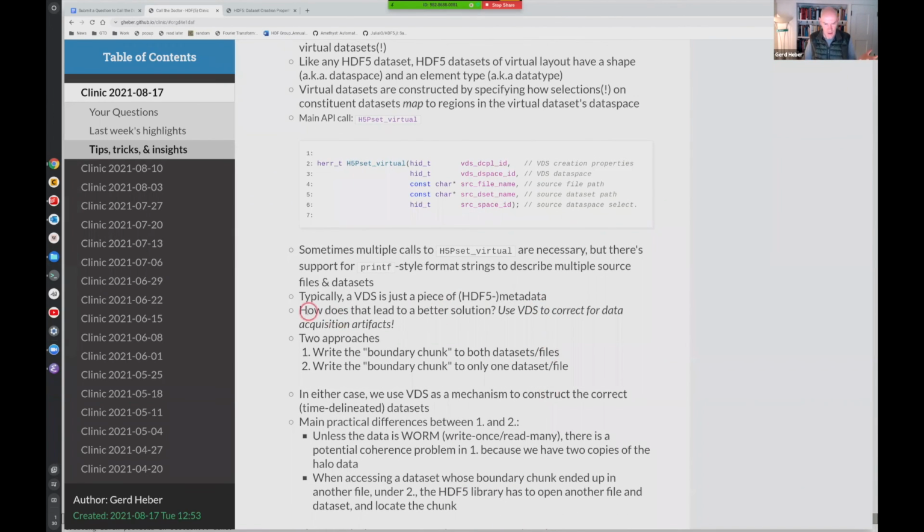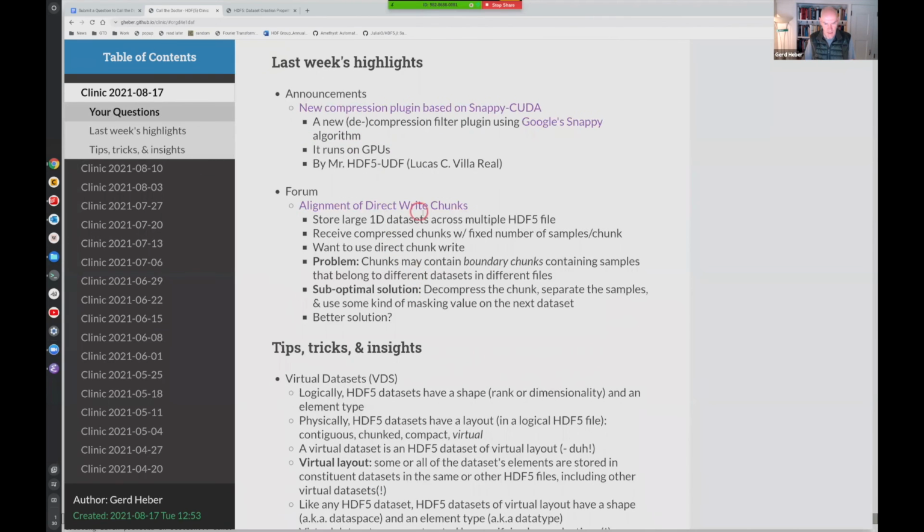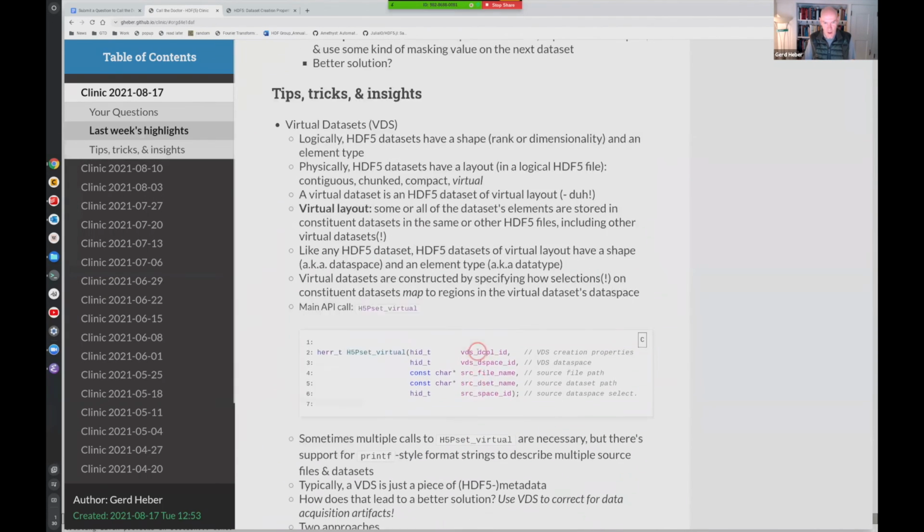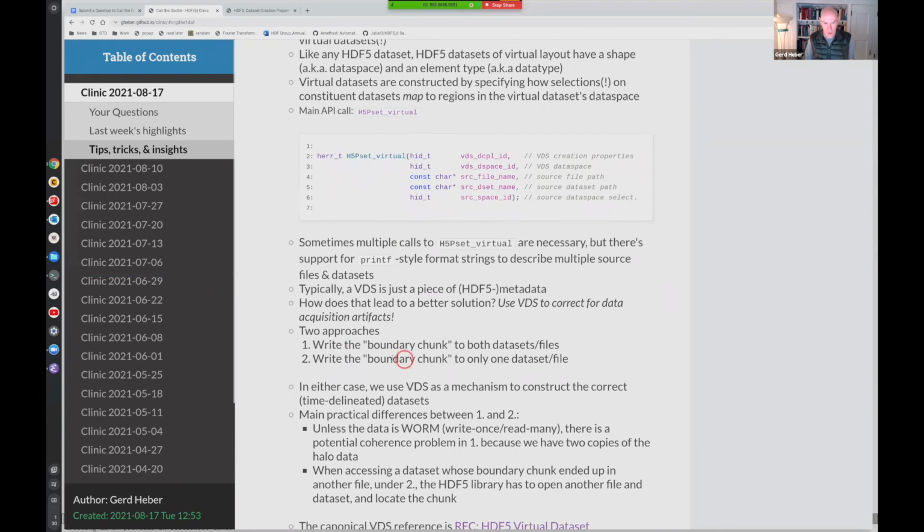The big question is, how does that help with this use case, with this question here? Well, you can basically do one of two things. You can take that boundary chunk, the chunk that contains samples that go either way, and either write it to both data sets, or just decide which one you want to write it to.